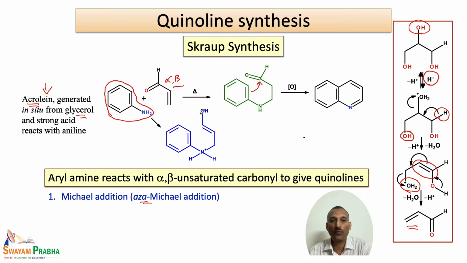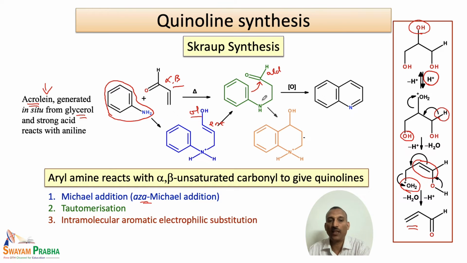This leads to the formation of this particular intermediate, and once this intermediate is formed, the next step is basically the tautomerization. So we have the ene group here, and we have an ol here. So this ene and ol undergo tautomerization, in this particular case, to give an aldehyde unit. So this tautomerization leads to the formation of the aldehyde unit, and the next step is, as I mentioned, an